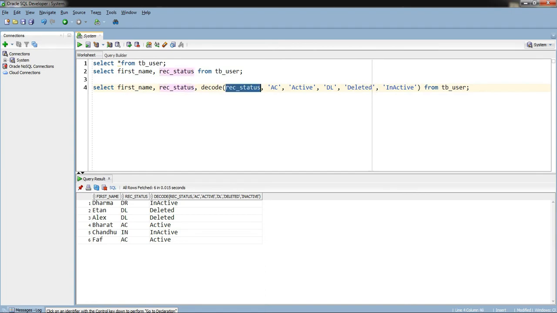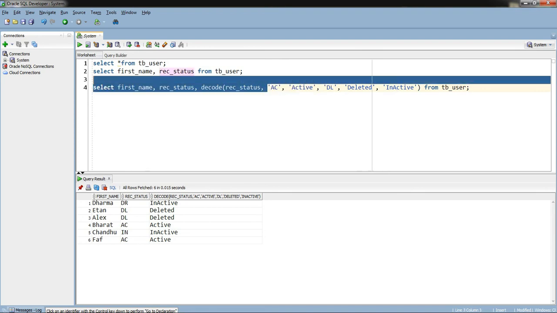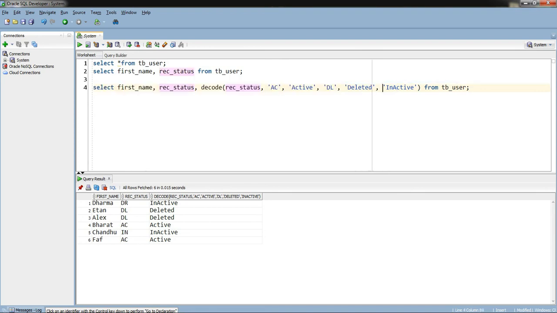If this is not matched with either of these two, it will go here. It will check for a pair. As it is not there, it will consider this inactive as the default, and it will return inactive. If rec status is not matched with any of these data, it will go here and return this as a default as there is no pair for it.